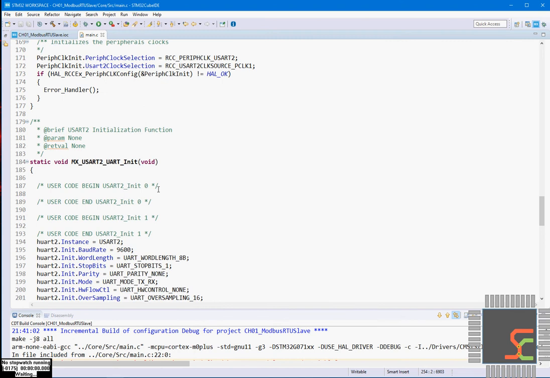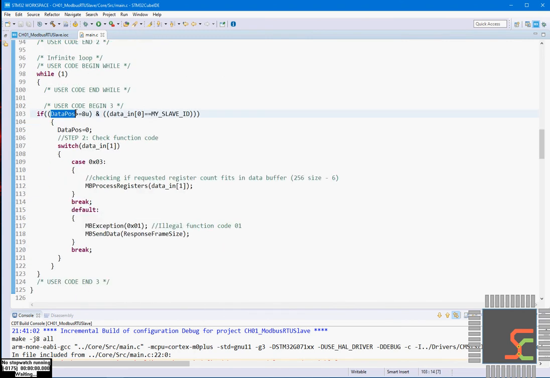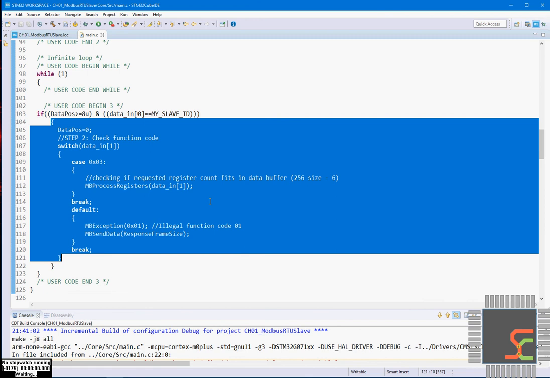I am continuously checking my data position, which, as I said, will be used to store the data in the character array. So I am checking whether I received 8 bytes, and also checking whether the first byte of the received data contains the slave address, whether it is addressed to me or not. I'll process only if these conditions are true.